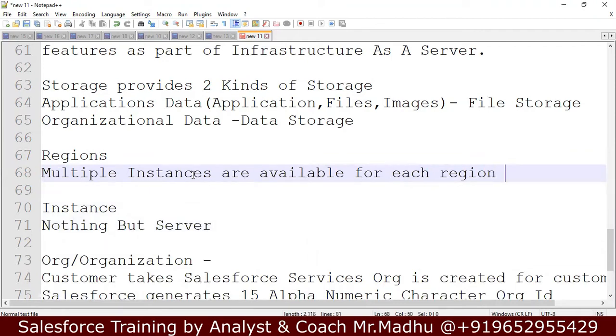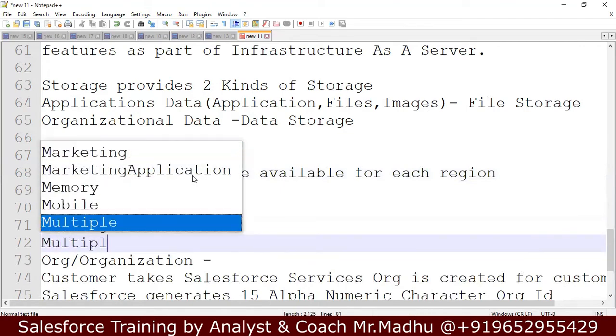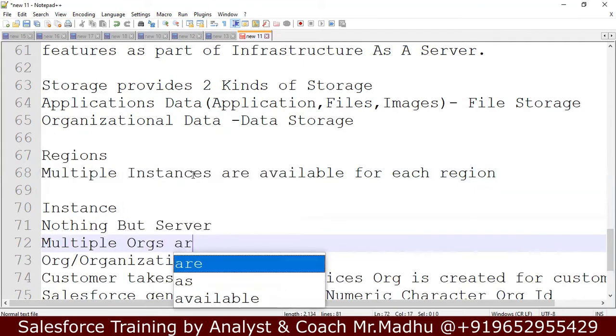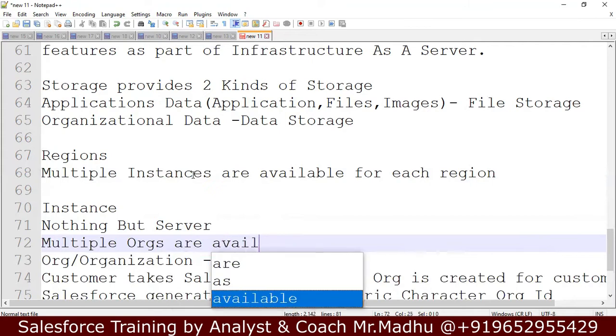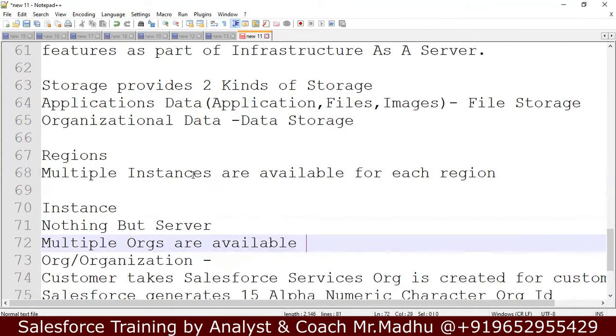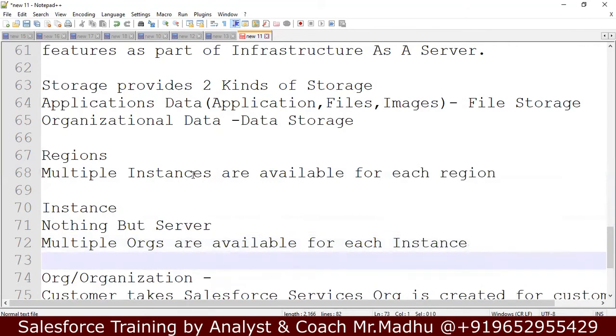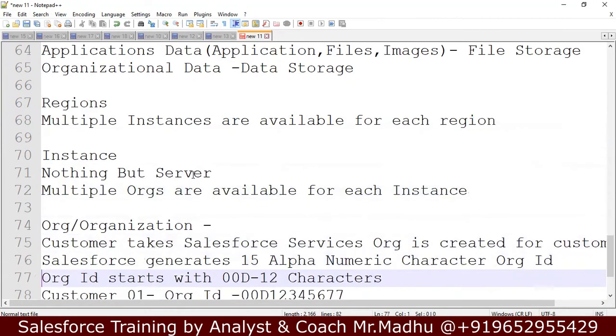Multiple instances are available for each region. Instance is nothing but a server. Multiple orgs are available for each instance.